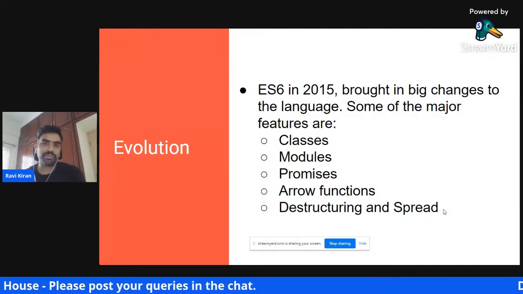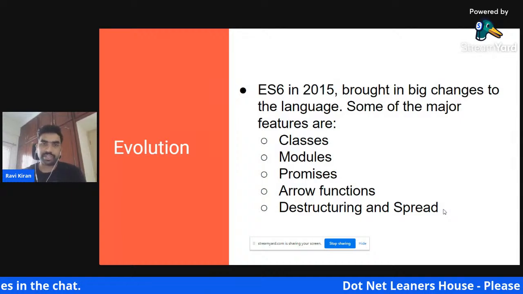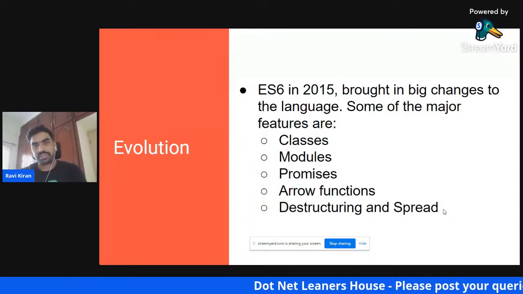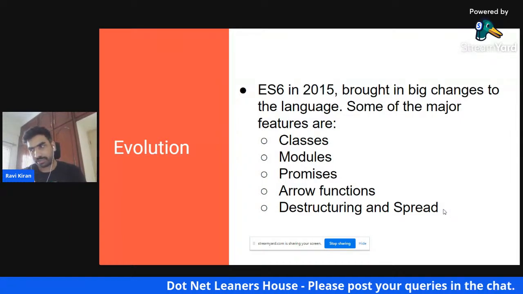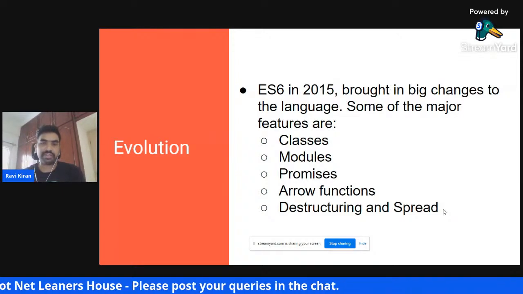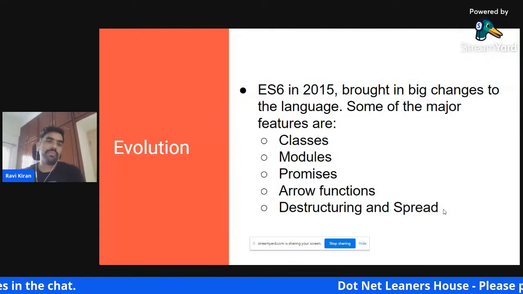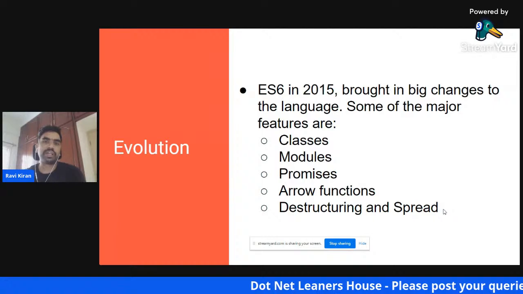Suddenly it got a very big boom and was ready to fit for the enterprises. So in 2015, the language brought in a number of different language features as well as APIs, in addition to a number of different standards to give a major shift to the language.